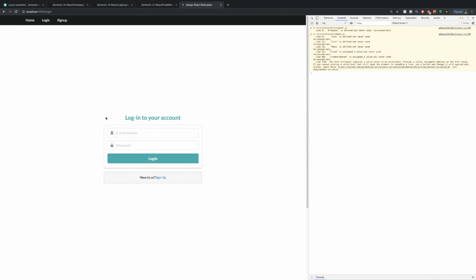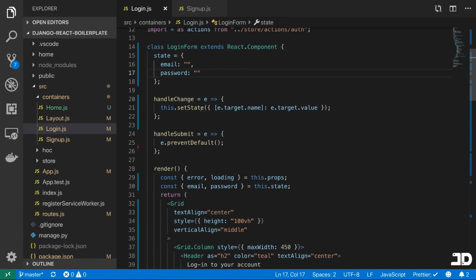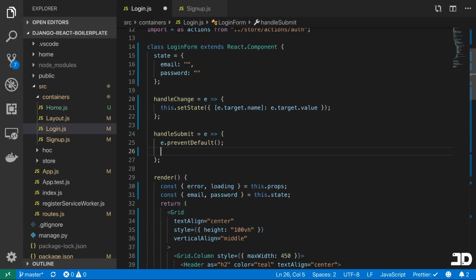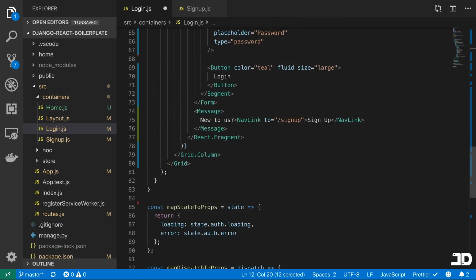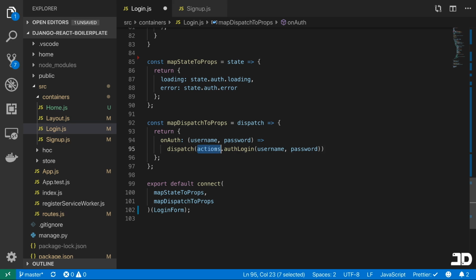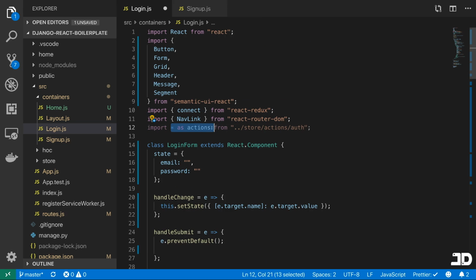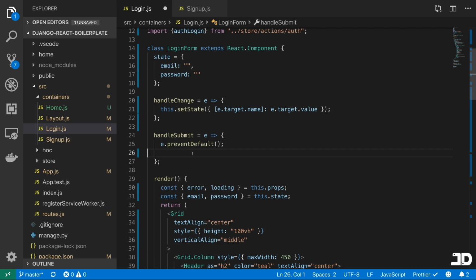So if we take a look and we type in something, cool, so that works, and then that works as well. Now we need to make sure that this is linked up to our Redux store. So when we handle submit, we need to call the action, and I'm going to change this from that star import to import auth login by itself. So we'll just come here and we'll say import auth login, and then here we can say auth login,